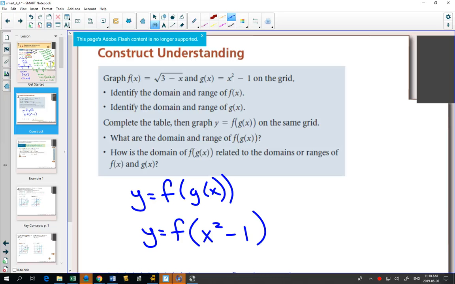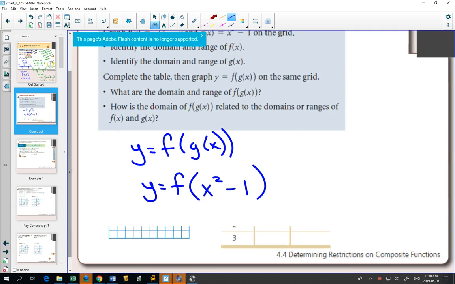Then f of x. F of x says whatever you put in, do 3 minus that number, and then take the square root. So if you put in a 1, you would do 3 minus 1 and then take a square root. If you put in an x, you would do 3 minus x and then take a square root. If you put in an x squared minus 1, you would do 3 minus x squared minus 1,